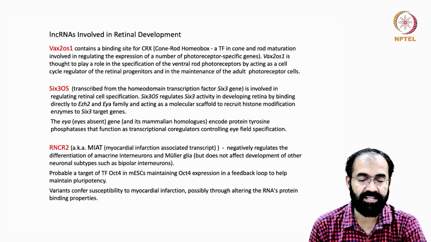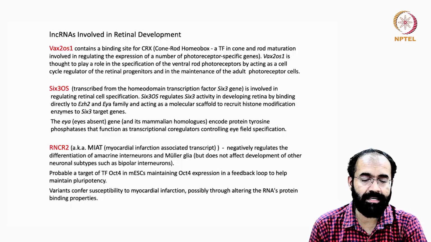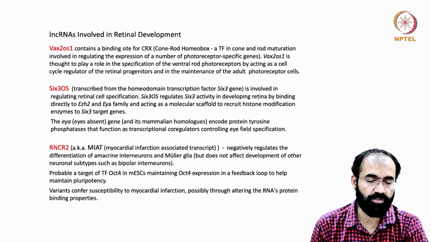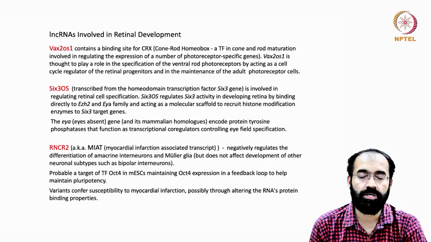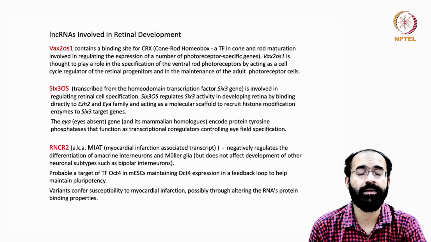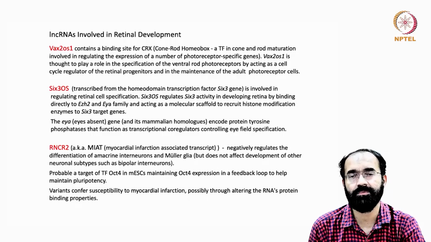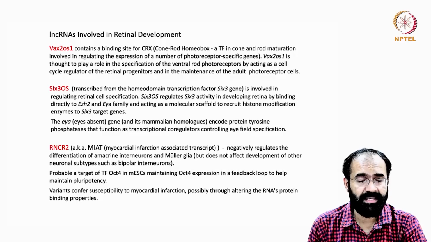EYA is a short form for eye-absent gene, and its mammalian homologs are also well established, and it encodes a protein tyrosine phosphatase that functions as transcriptional co-regulators controlling eye field specification. So any mutation occurring to EYA causes absence of eye, that is why eye absent. So the eye field specification, this is somewhat similar to the Hox gene function, is affected. Then comes